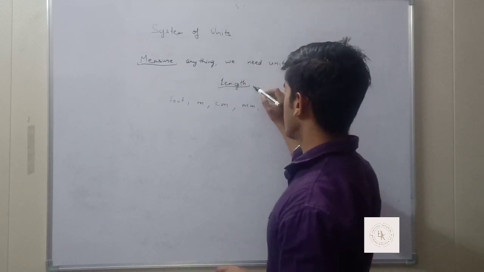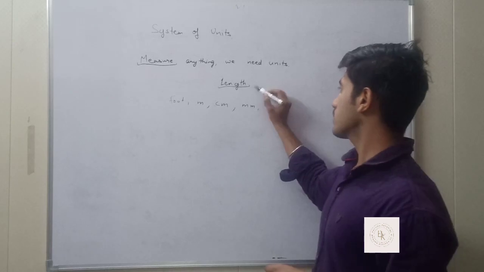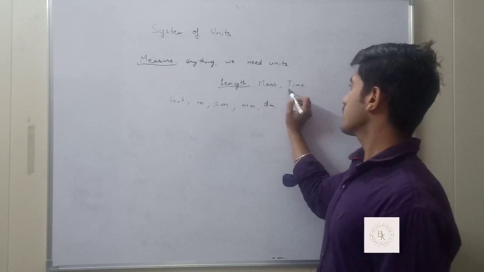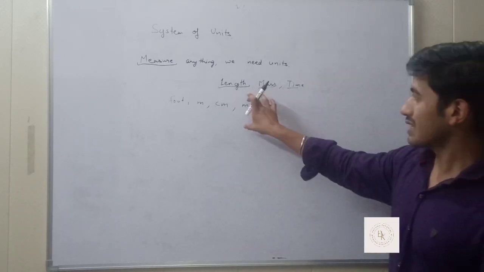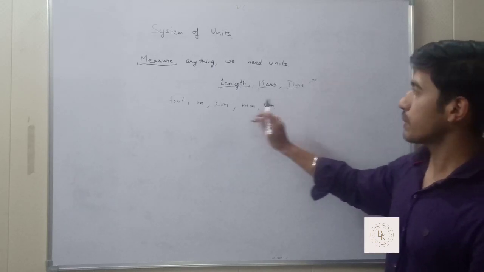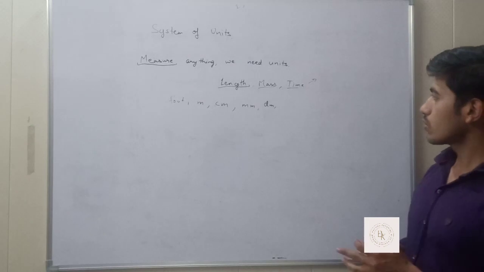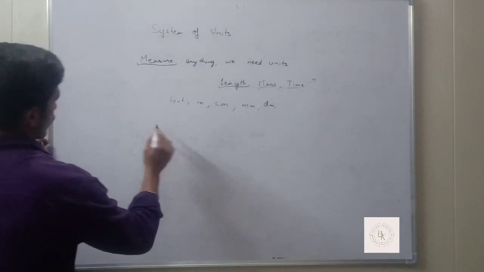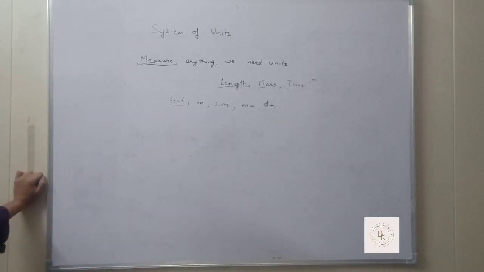So there is a range of different units, but there are some standard units for every particular physical quantity. There are some absolute quantities which Newton has taken, that is length, mass and time. I would say these are the three basic and most absolute units which have been taken by Newton to explain the three laws of conservation. So what I am saying is that for measuring any quantity we have to take the help of units.